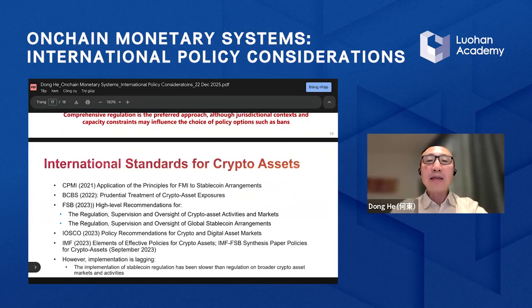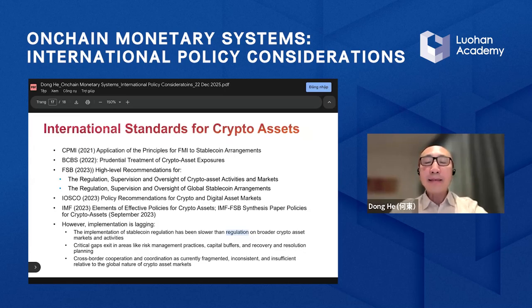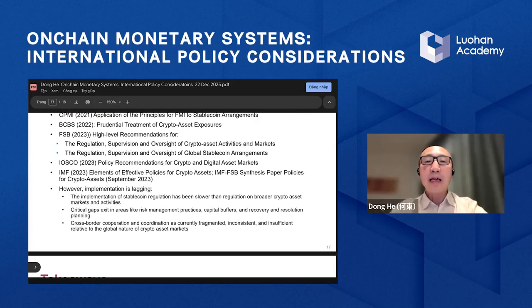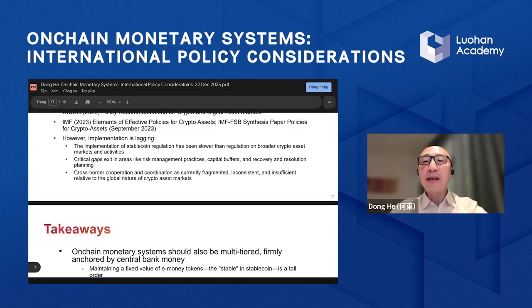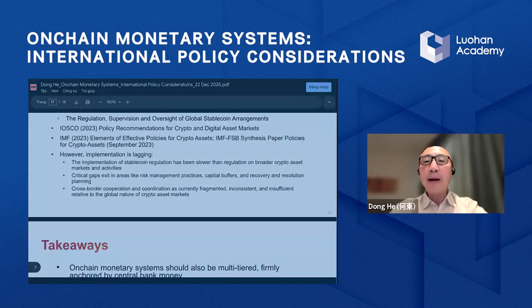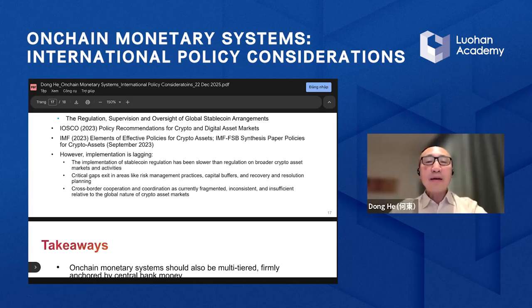So let me just mention that international efforts have gone on for quite a few years now. We are seeing some convergence of the regulatory standards. I'm not going to go through all of the elements of all these efforts, but the observation is that global implementation is still lagging. For example, the implementation of stablecoin legislation has been slower than regulation of broader crypto asset markets and activities. There are many important gaps which still exist in areas like risk management practices, capital buffers, and recovery and resolution planning. Cross-border coordination and cooperation is especially problematic because we know crypto assets are borderless, they are global in nature. But at the moment, regulatory frameworks are still fragmented, inconsistent, and insufficient relative to the global nature